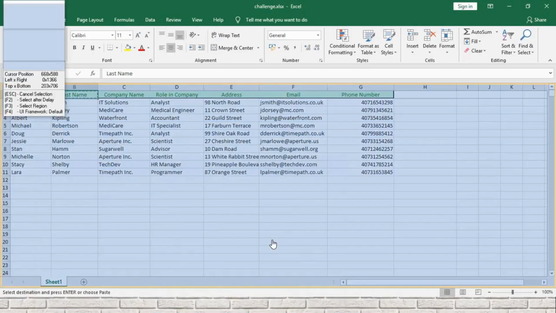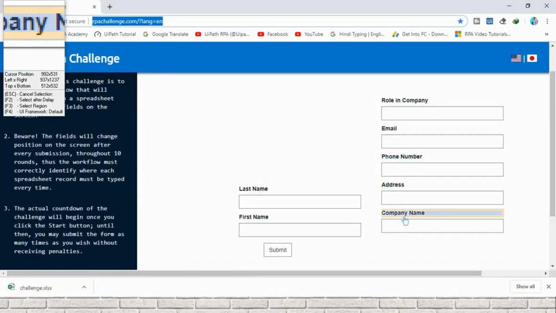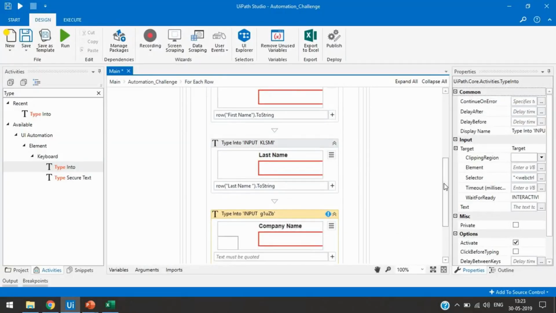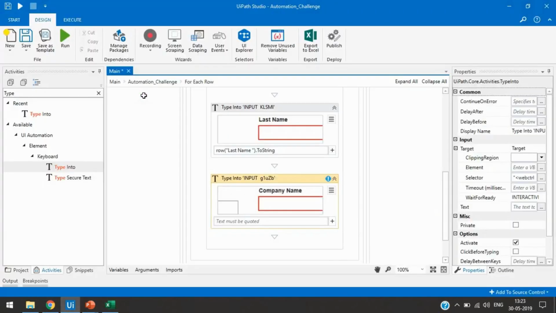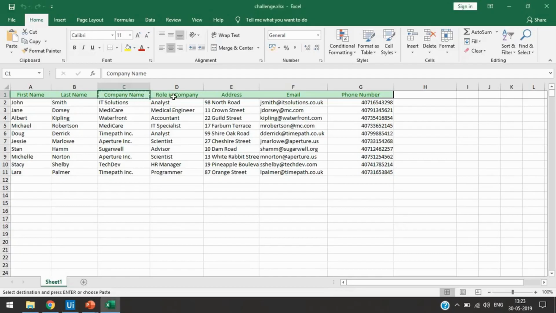We'll click on the company name here, and now again we'll copy the company name from the Excel, copy and take row, open close bracket, and then .ToString. So this is 3, and then next is role in company.